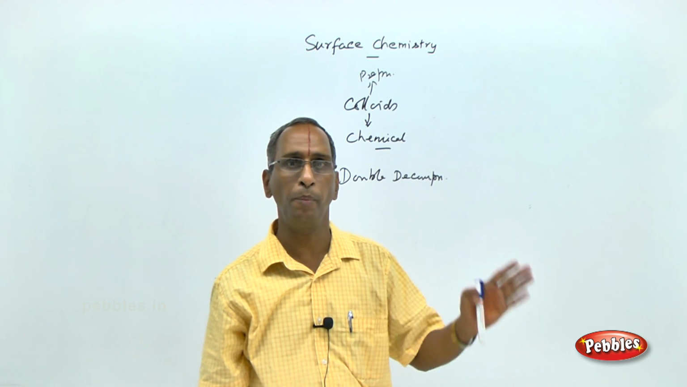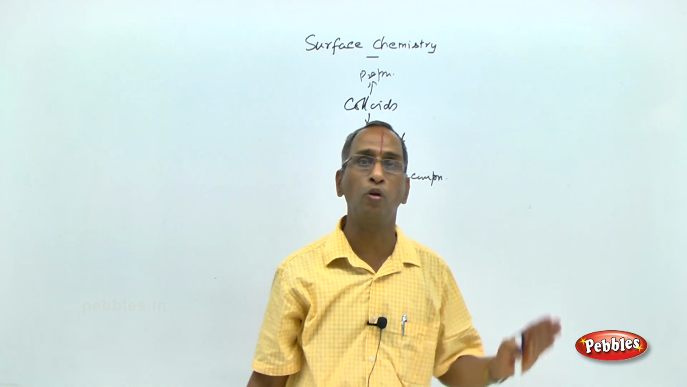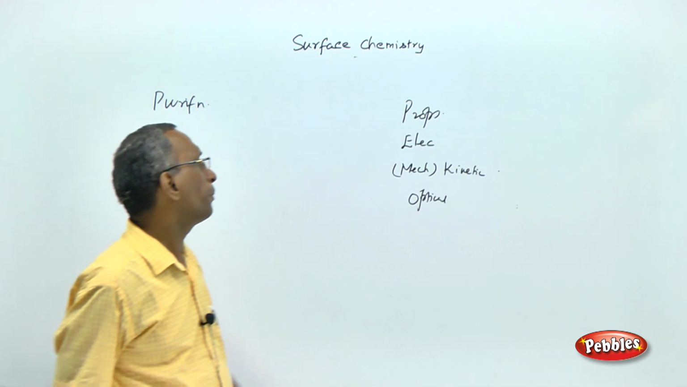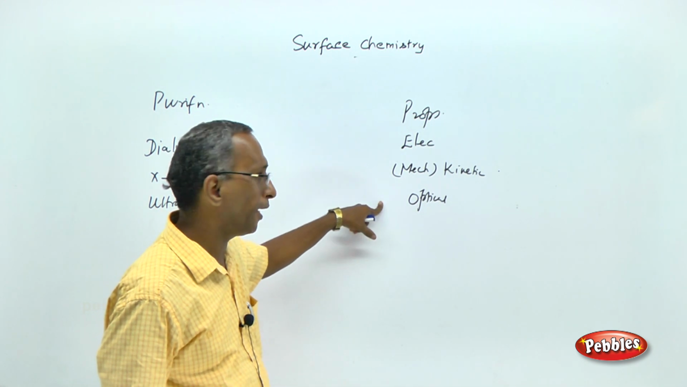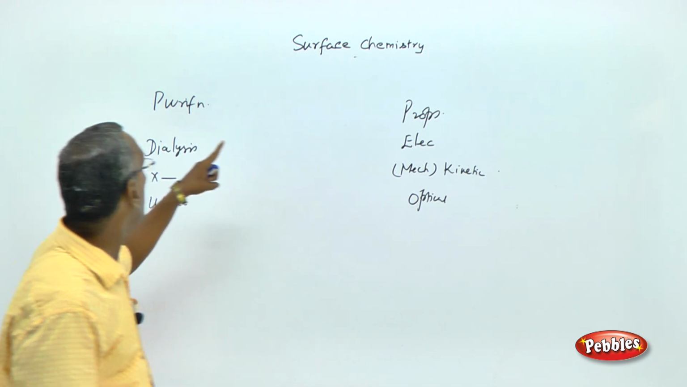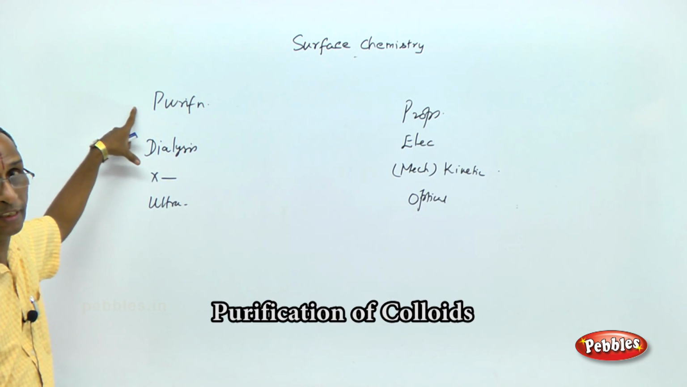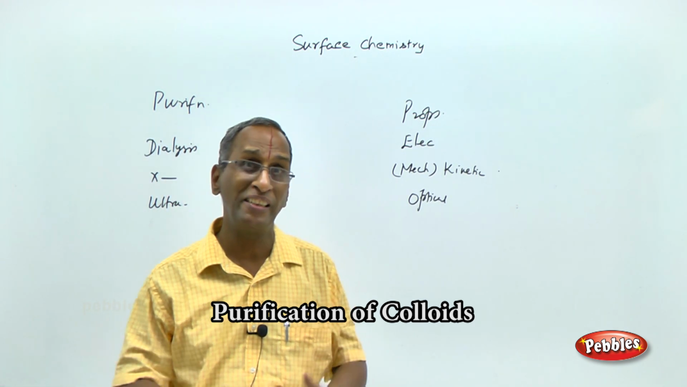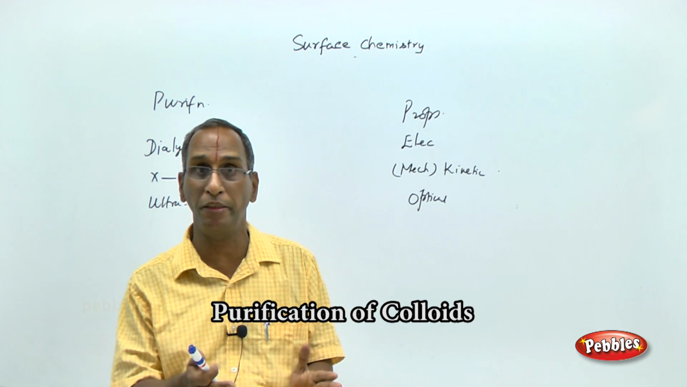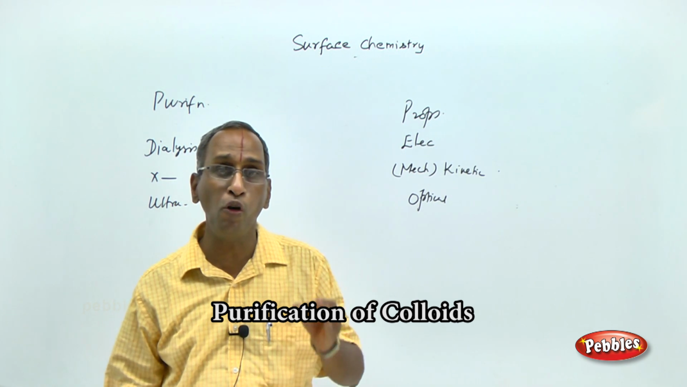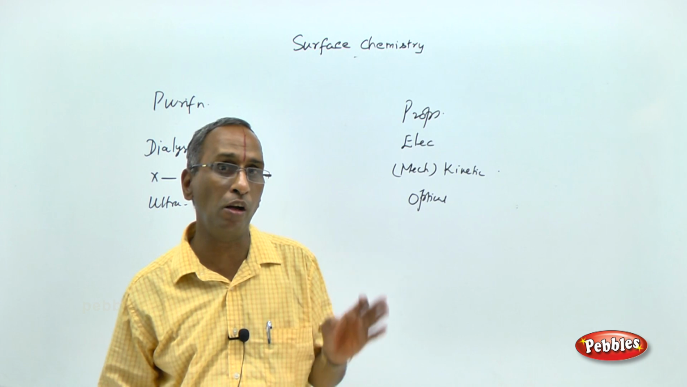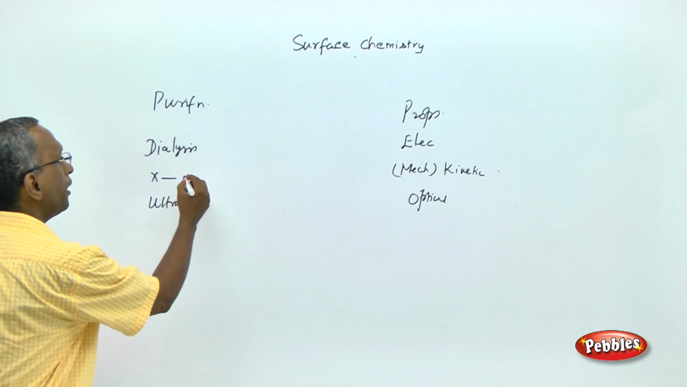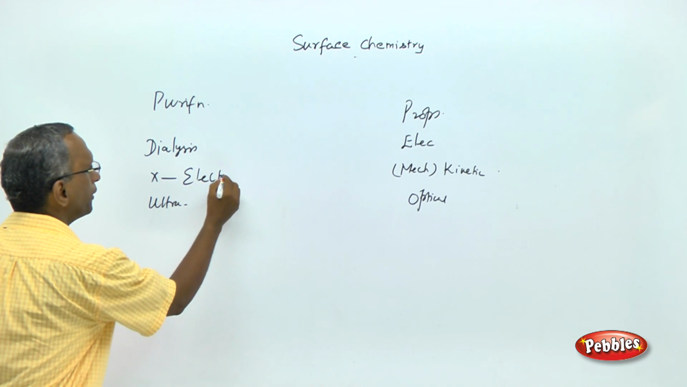Now we will see some important aspects on the properties of colloids. The properties of colloids are classified into three types. However, before going to properties of colloids, let us discuss purification of colloids. When colloids are extracted by these methods, they are in contact with undesirable materials called impurities. Removal of impurities from the colloidal system is called purification. Important purification methods of colloids are dialysis, electrodialysis and